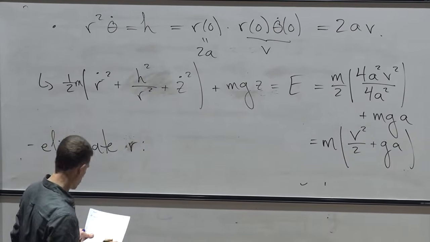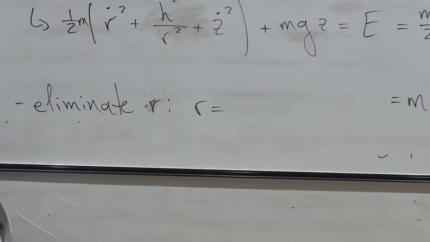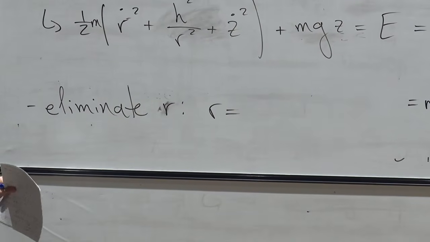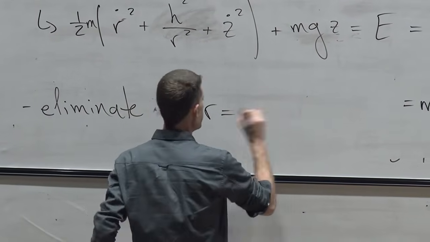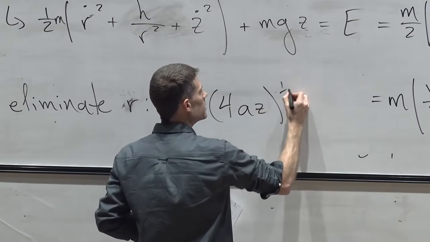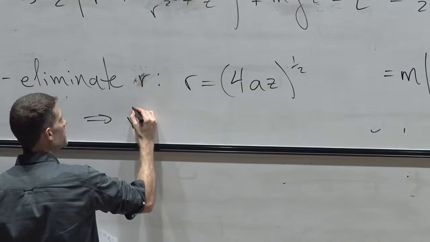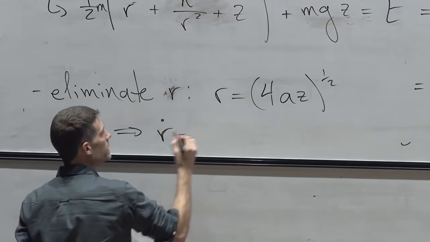So I'm going to solve for r from z equals r squared over 4a. So r is 4az to the 1/2, which means that r dot, taking d dt,